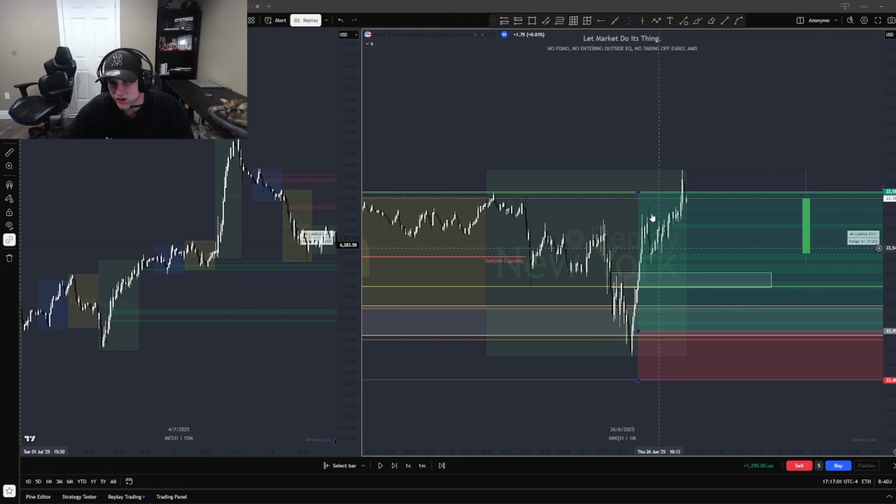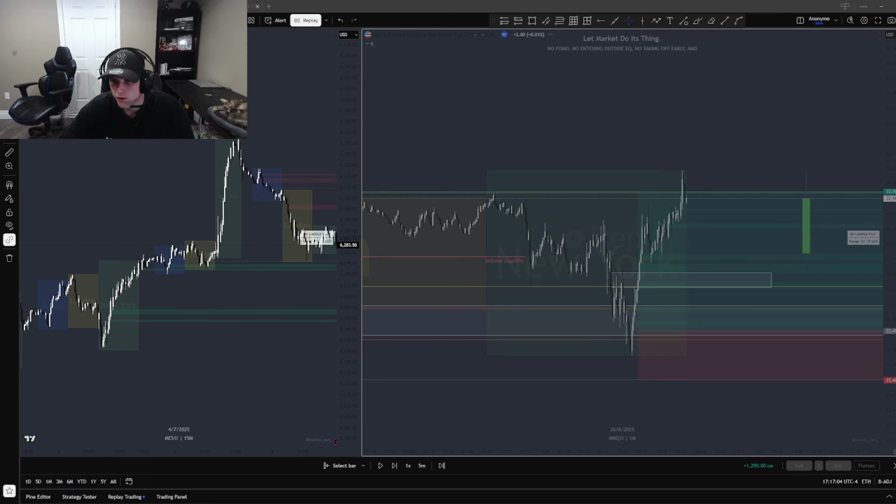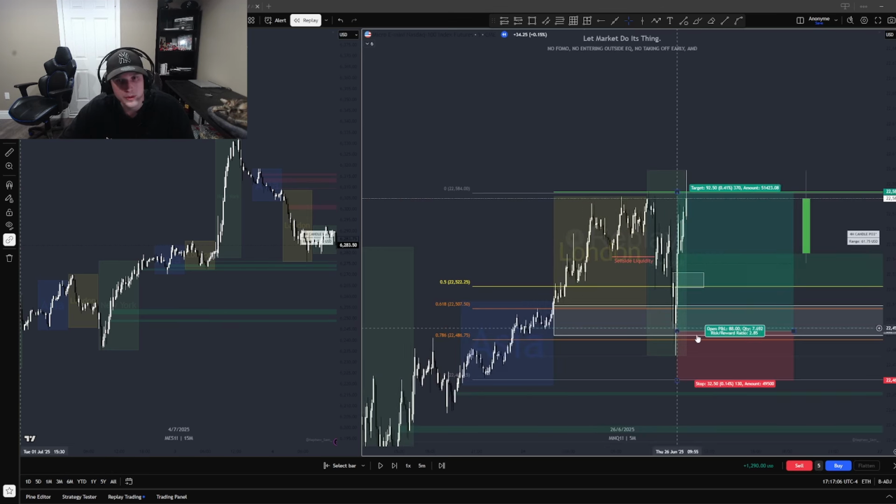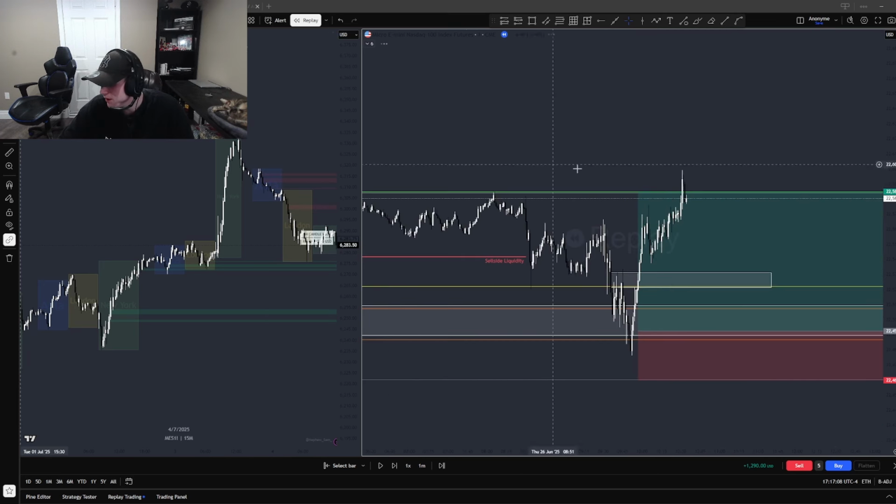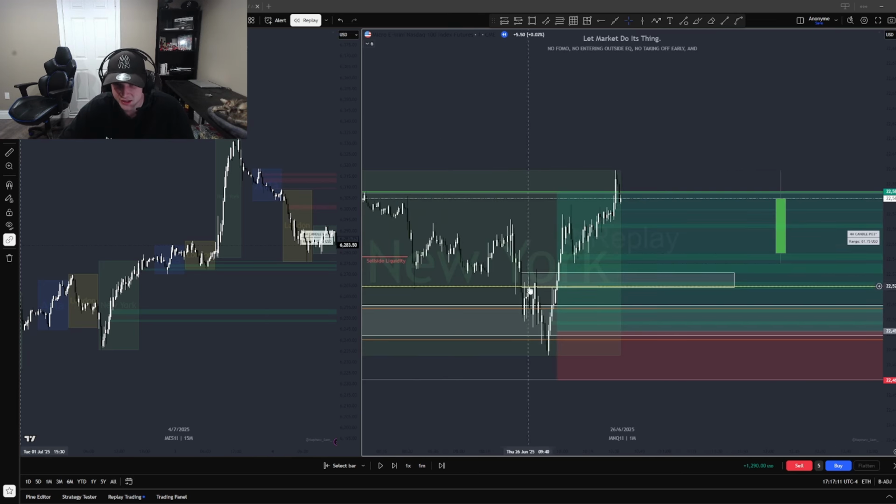So the entry that you guys would take for this unicorn setup would be right here. So on your 1 minute, you've identified that this here was your inverse fair value gap. This here is your breaker. So you've made higher, lower high, lower low, lower high, lower low, lower high, lower low. So at the previous lower high, you can identify this as a breaker slash a support resistance type of thing,